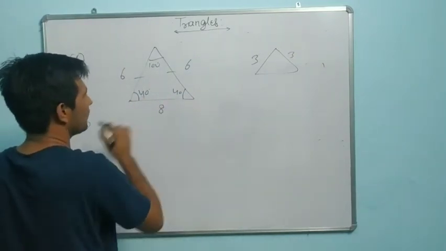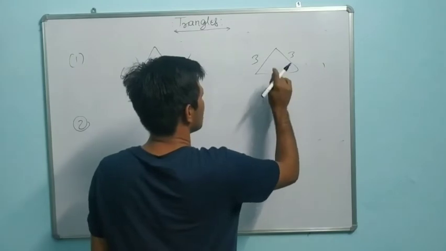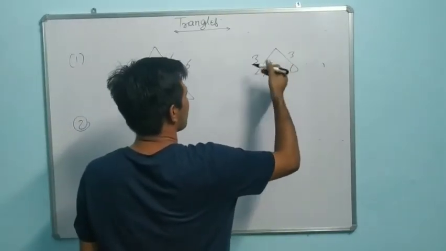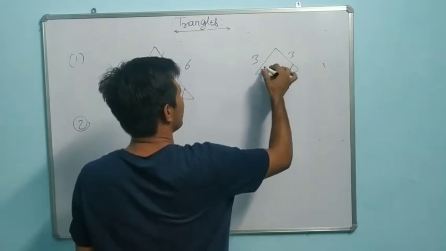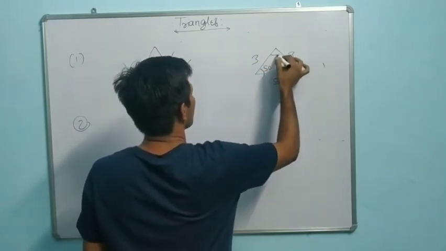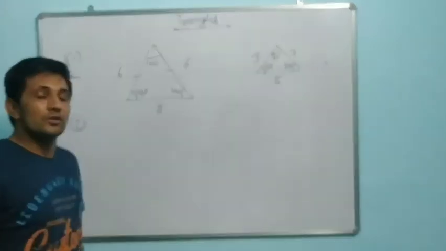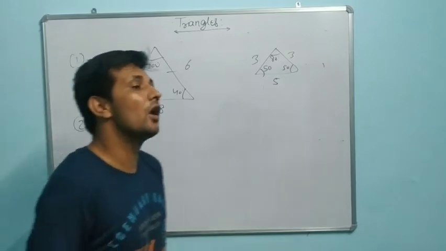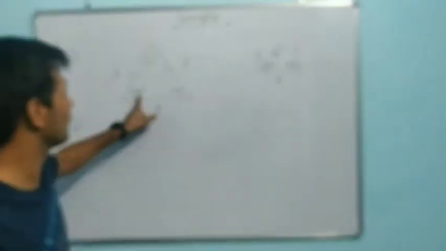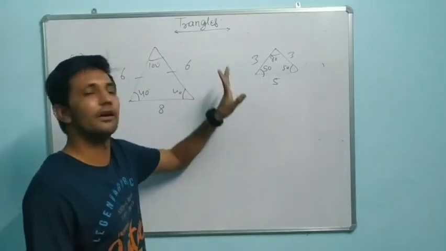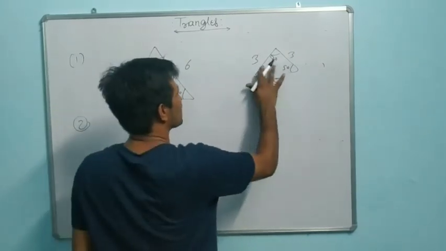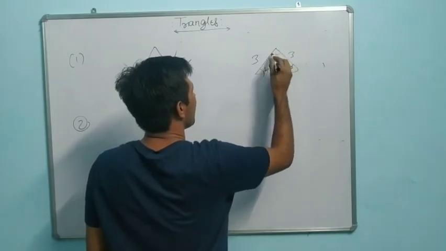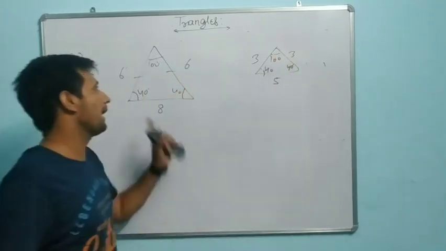And it is 8. It's okay. Suppose it is 5. Okay dear. And what angle are you taking? Isosceles means it may be 50, 50, 50 and 80. Can you say that these two triangles are similar? No. Similar means angles must be equal. But the angles are 40, 50 and 40, 50, and it's not. Some students want to take, sir, we will take 40, 40 and 100. It's okay dear. Angles are equal.